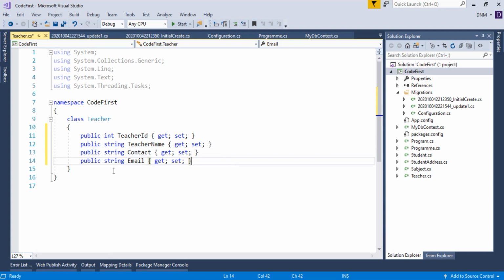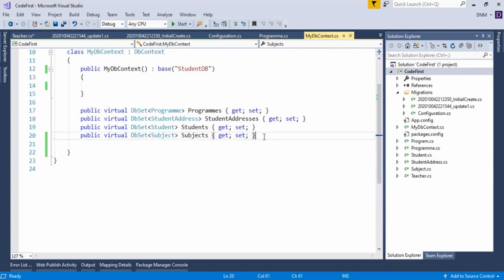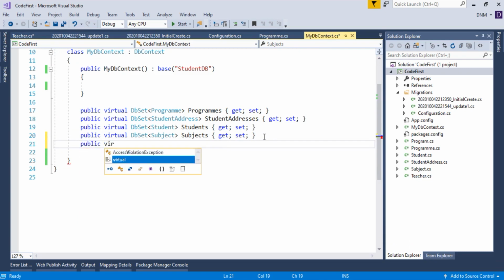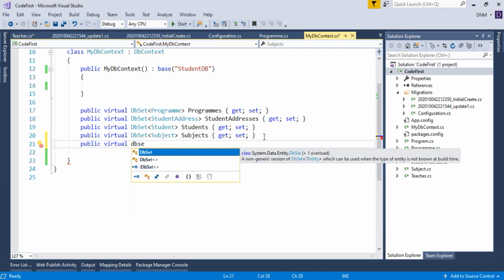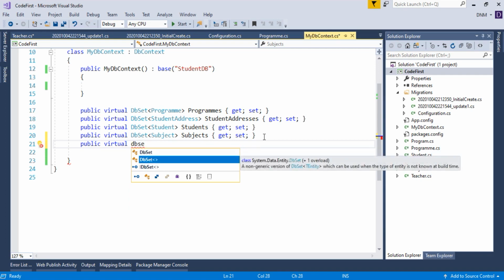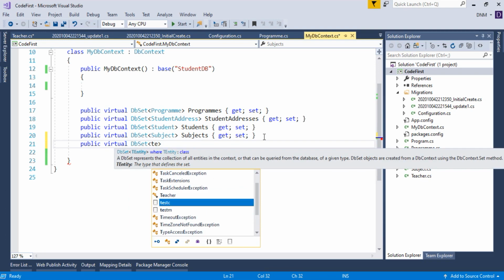The most important thing is that I have to specify one property of type DbSet. Then only it will be recognized by Entity Framework that this is a new model representing a database table.